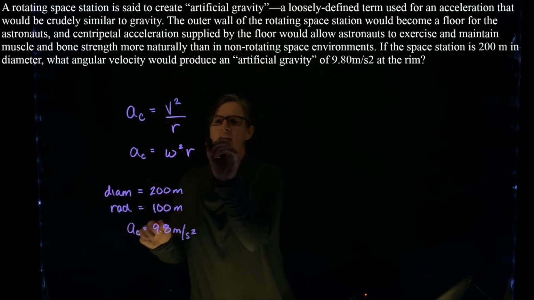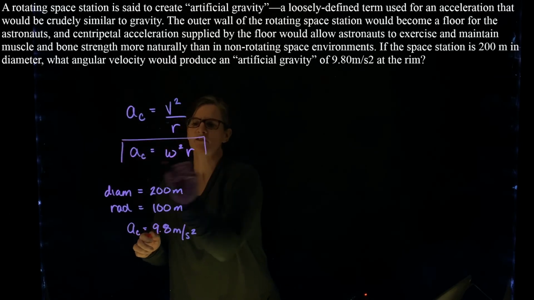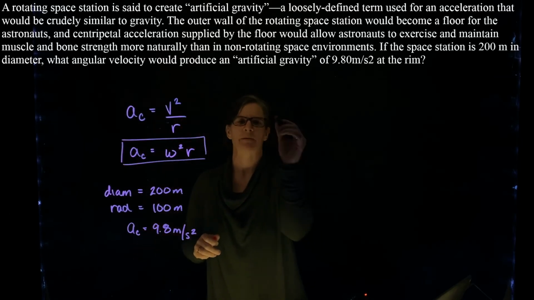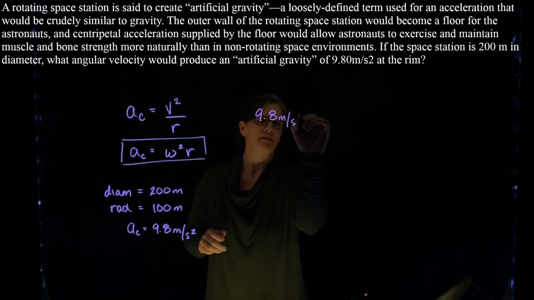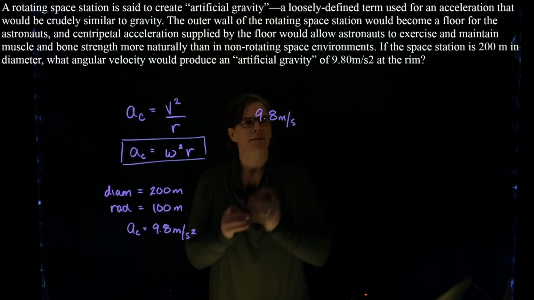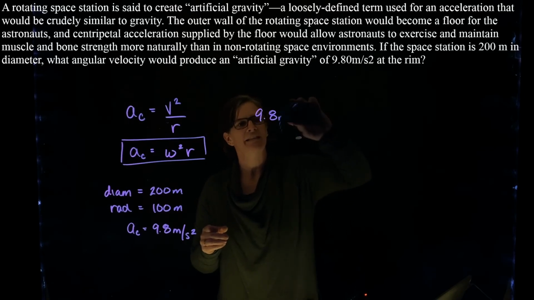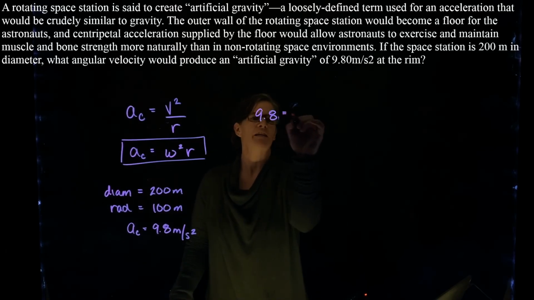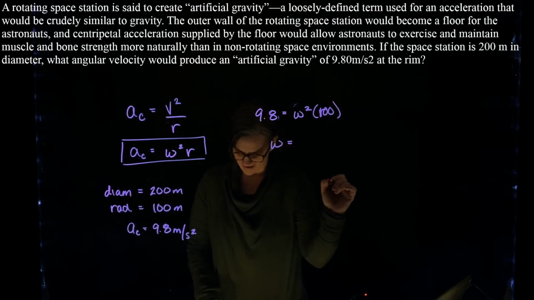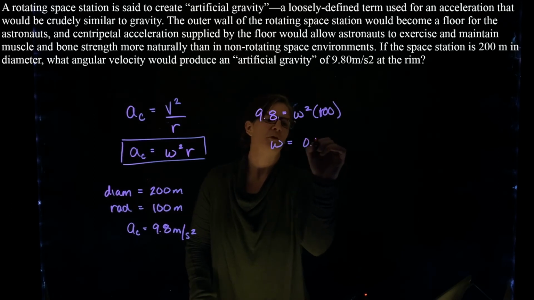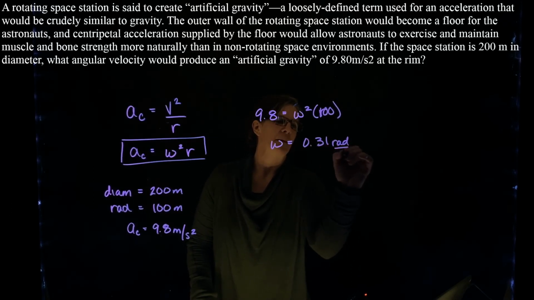So I'm going to use this equation because I'm interested in that rotational speed. So we have 9.8 meters per second squared. Oh, I don't want to put in the units. So 9.8 equals omega squared times the radius of 100, and I get an omega equal to 0.31 radians per